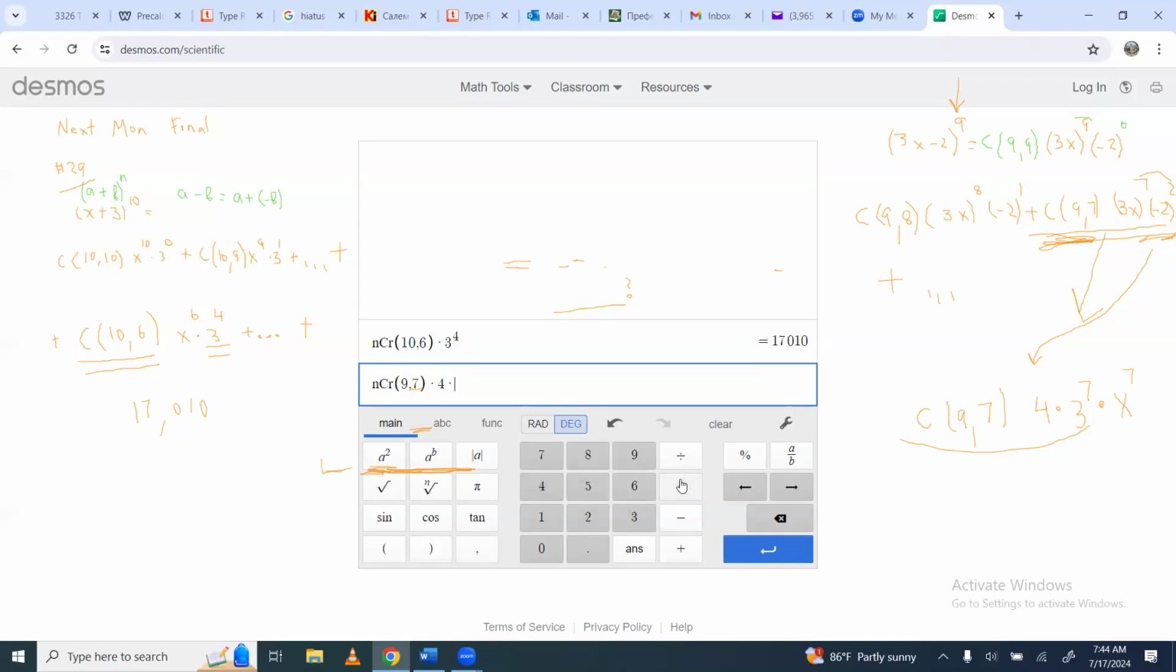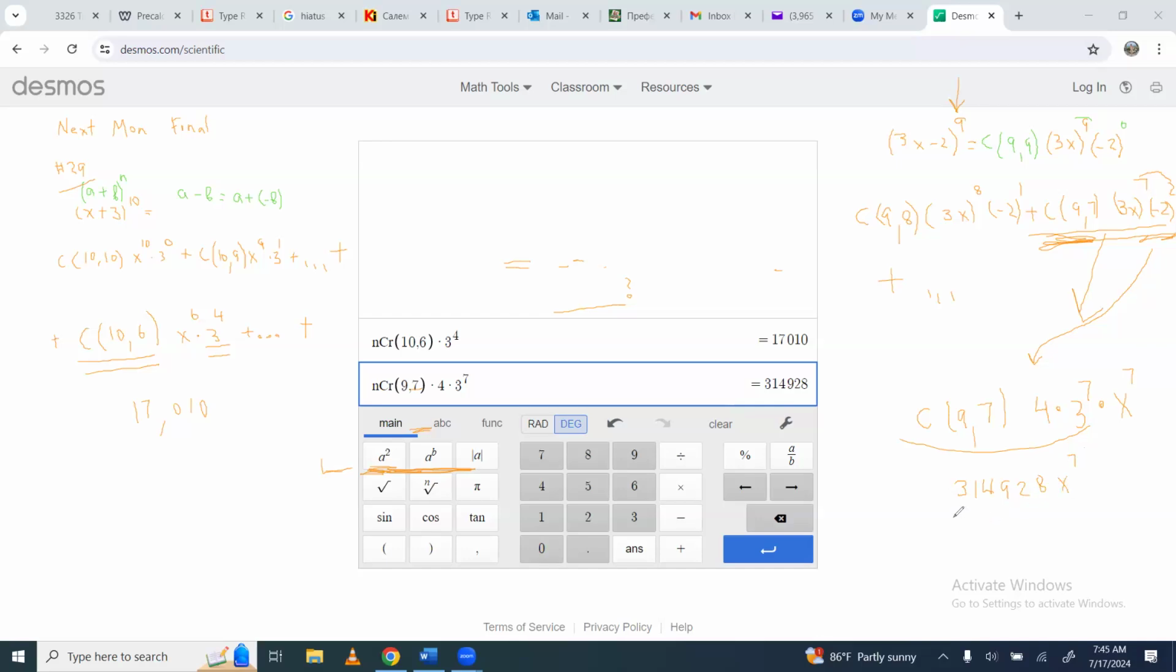4 times 3, and there's a power of 6. So make sure that you have access to this online calculator. I highly recommend that you use it, or if you are familiar with some other calculator, redo the problem again with your own calculator, because something like that you will need to be able to do on the Monday final